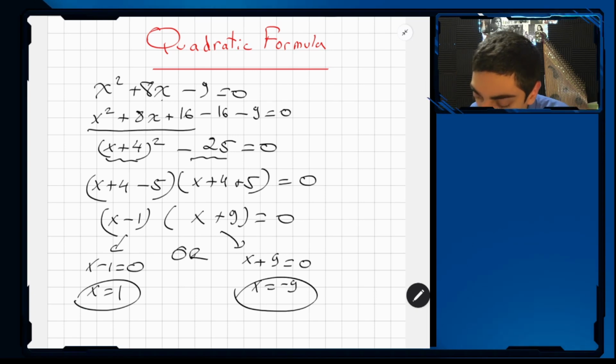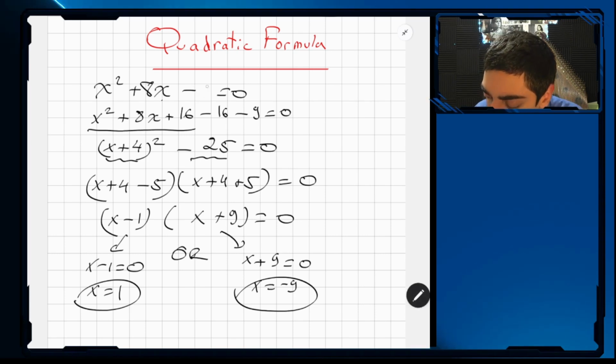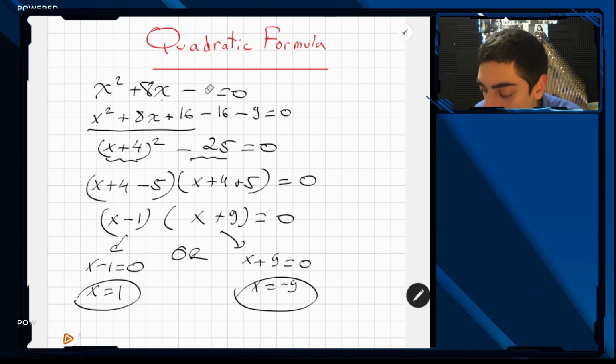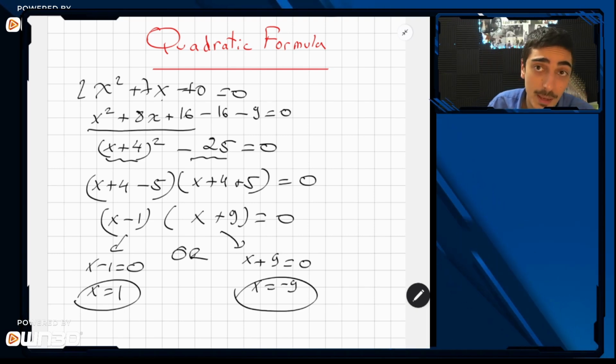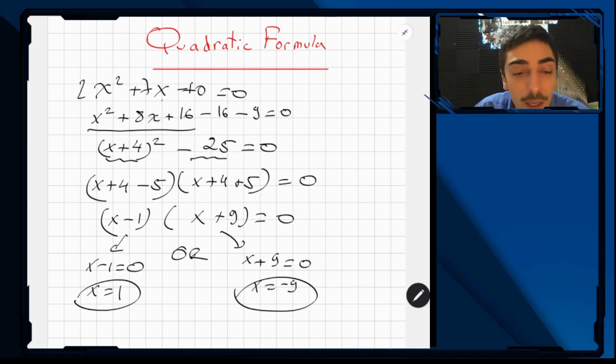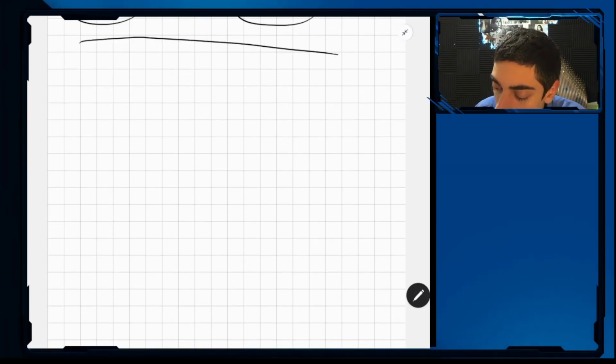Now, instead of doing all of this work, because they all look the same, right? Like if I change the number here to minus 10, I'm going to have to do the same thing. If I change this here to a 7, you're going to have to do the same thing, right? If I change this here to a 2, it's going to have to do the same thing. So instead of doing the same hurdle all the time, people sat down and said, well,